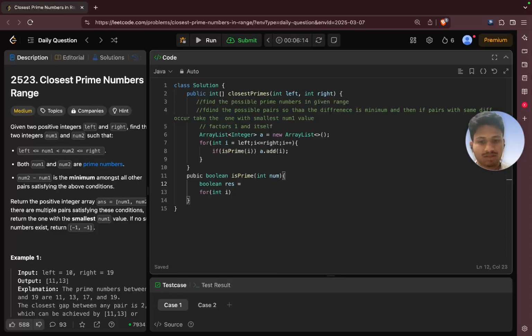result equals true. No, let's consider it false at the beginning. Int i equals 0, i less than, we can write square root of n. Okay, let's take n, square root of n is okay, but we can take n by 2 also. So let's take n by 2 for now. i plus plus, and I mean here num by 2. And let's check if num,